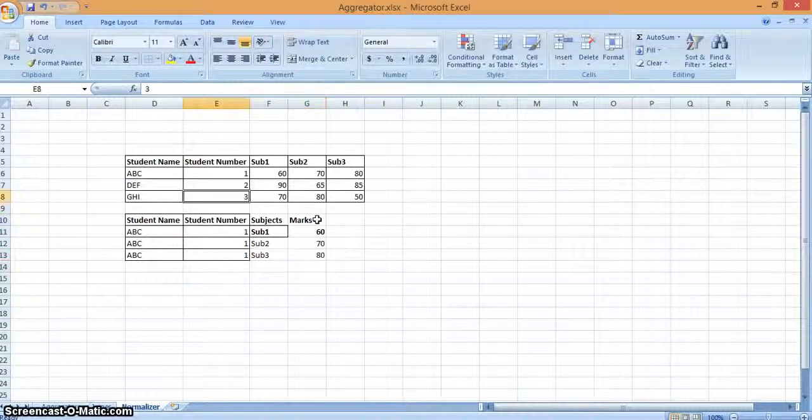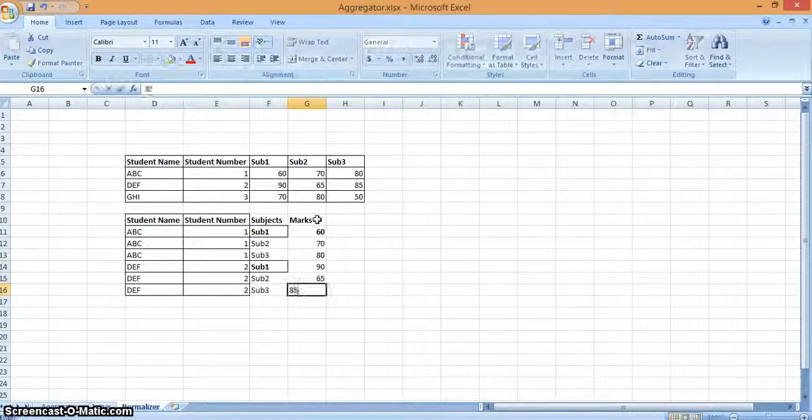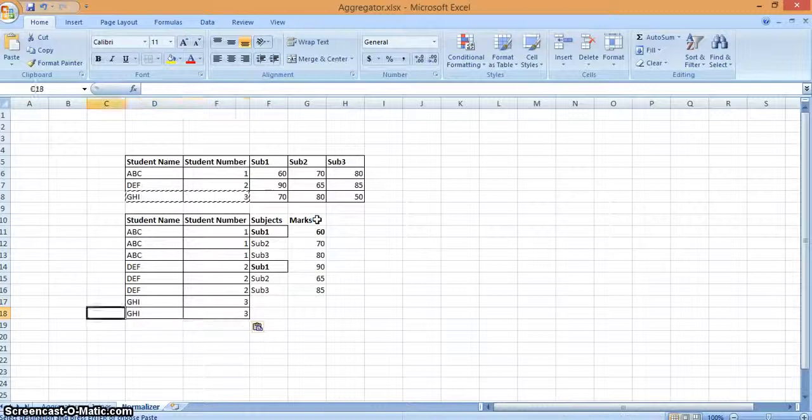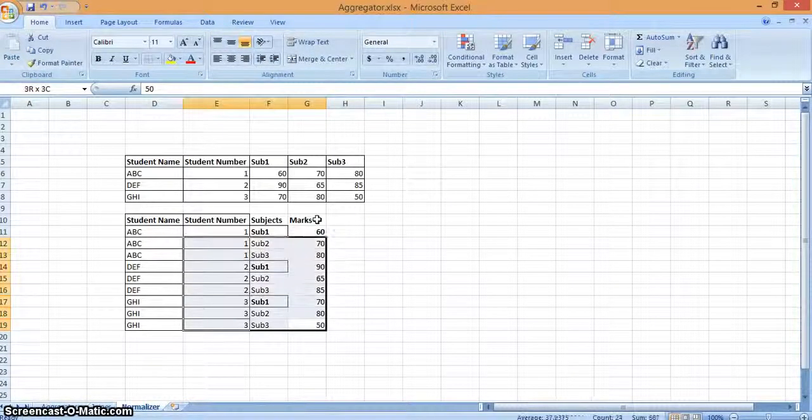In the same way for the remaining students, three subjects, and coming to the marks, the next one. So this is a representation using normalization transformation.